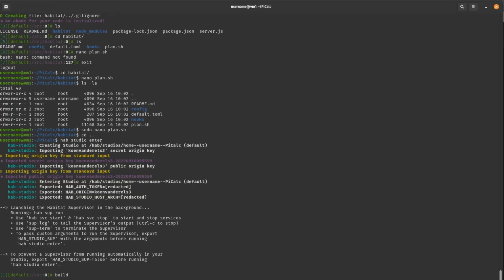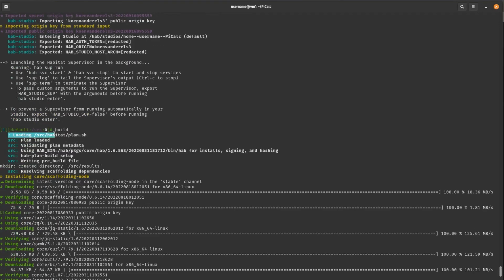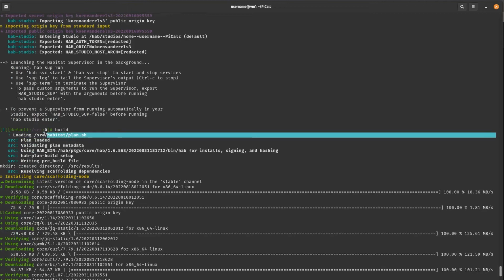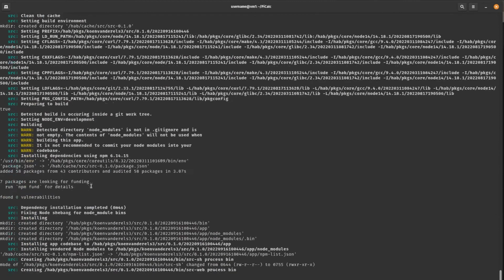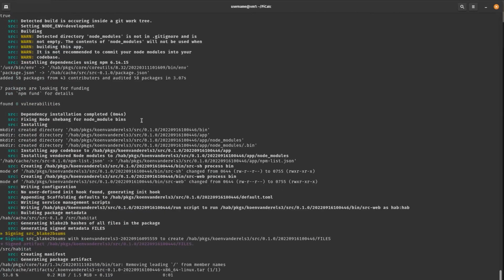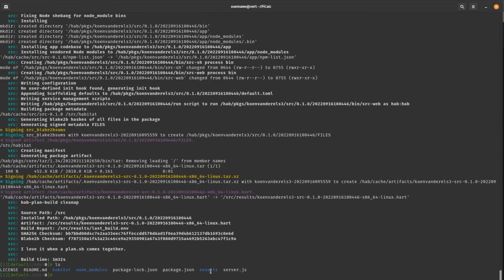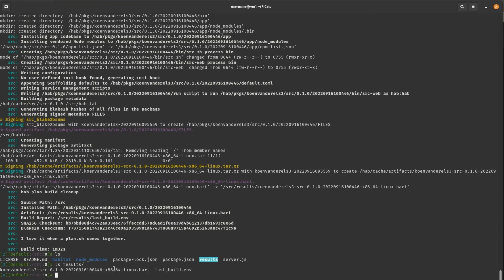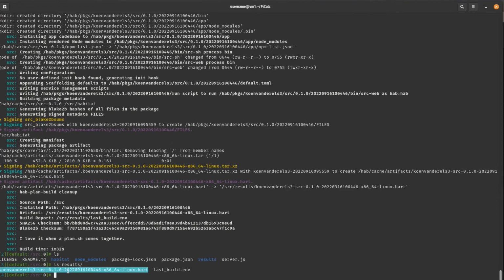And we'll use the build command. This will detect our plan.sh, loading source/habitat/plan.sh that we just edited, and it will start installing. Alright, so it installed our dependencies, and now it's done. If I show here, we'll have the results folder, which inside the results folder, there's the .hart file, which has the origin name, the version number, and a specific ID, and the system architecture